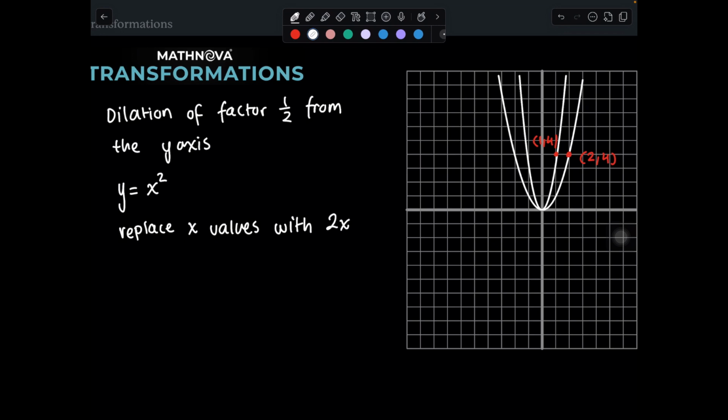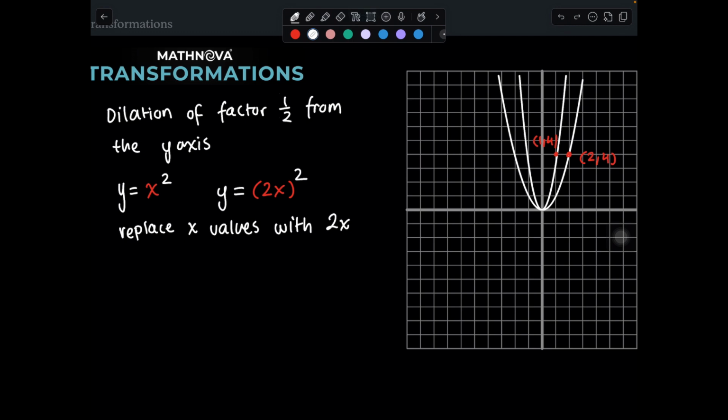Okay, so in this case, where we have y equals x squared, it becomes y equals (2x) squared. So you can see how I've put in the reciprocal of our dilation factor into there, and that would compress